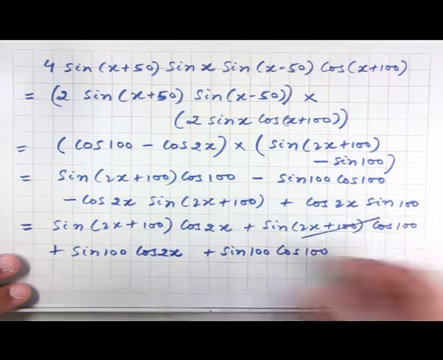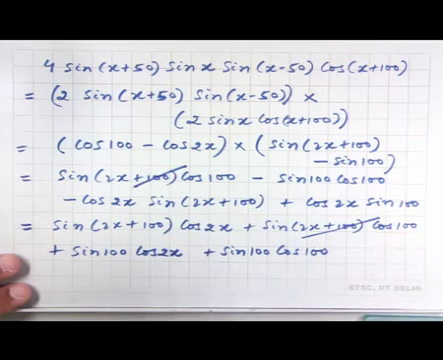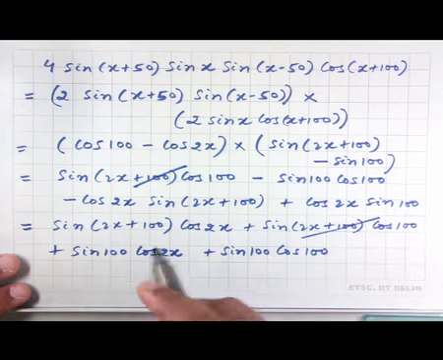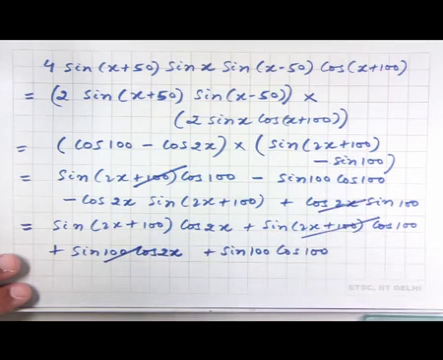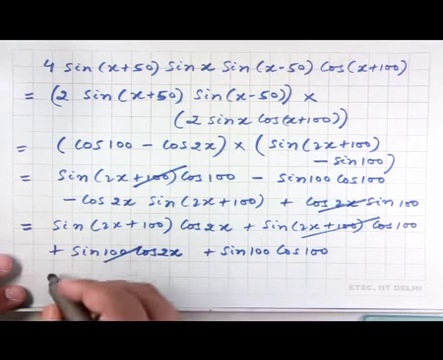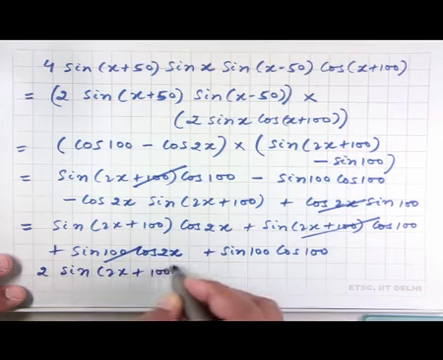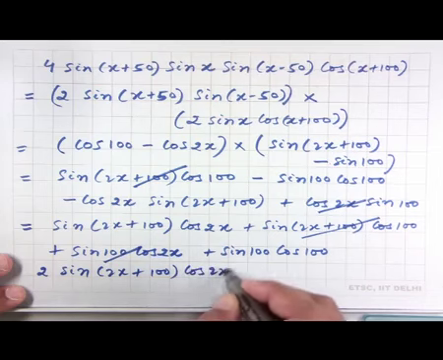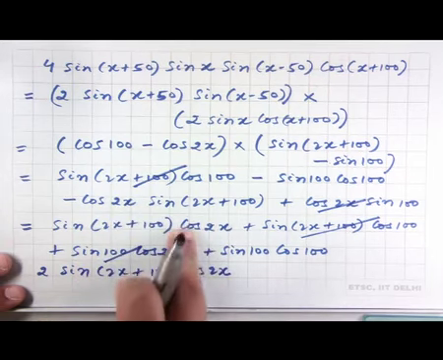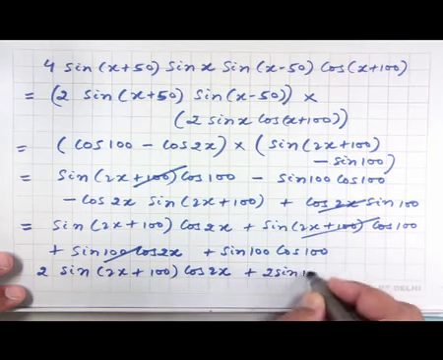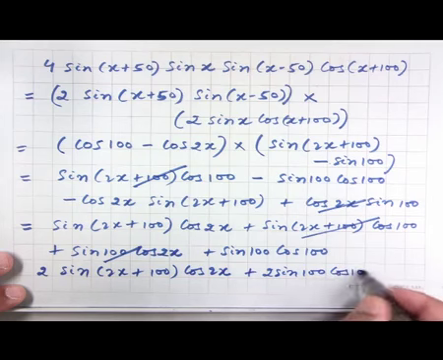So, this gets cancelled out, and then cos 2x times sin 100 is also on both the left hand side and the right hand side. So, this also gets cancelled. So, what remains in the end is that 2 sin 2x plus 100 into cos 2x, which is essentially this term, bringing it on this side, and then plus 2 sin 100 cos 100 equals